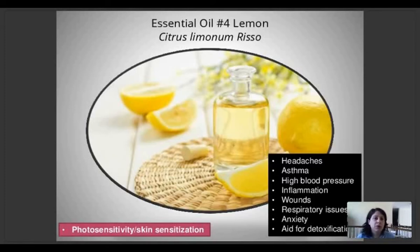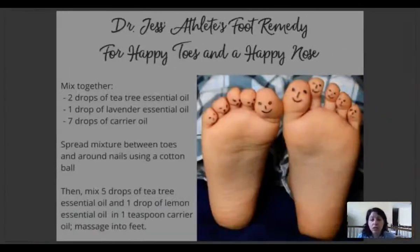The biggest issue with lemon is that if you apply it to your skin without diluting it, and then you go out in the sun, you will most likely burn. It is called photosensitivity. And that is why it's very important to avoid exposure to UV rays after you apply it topically to your skin. If you use it undiluted, it may also result in skin sensitization, which is a term they use for you can develop an allergy to it. So very, very great oil, though, used in a lot of products, such as an athlete's foot